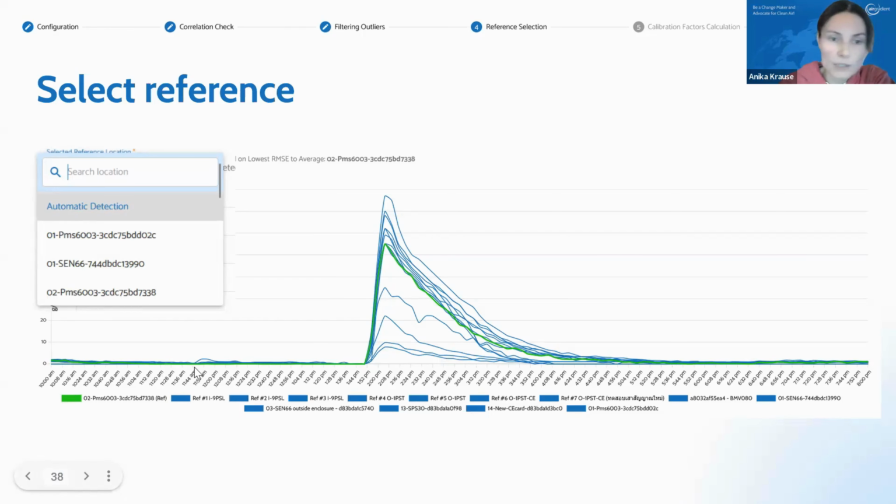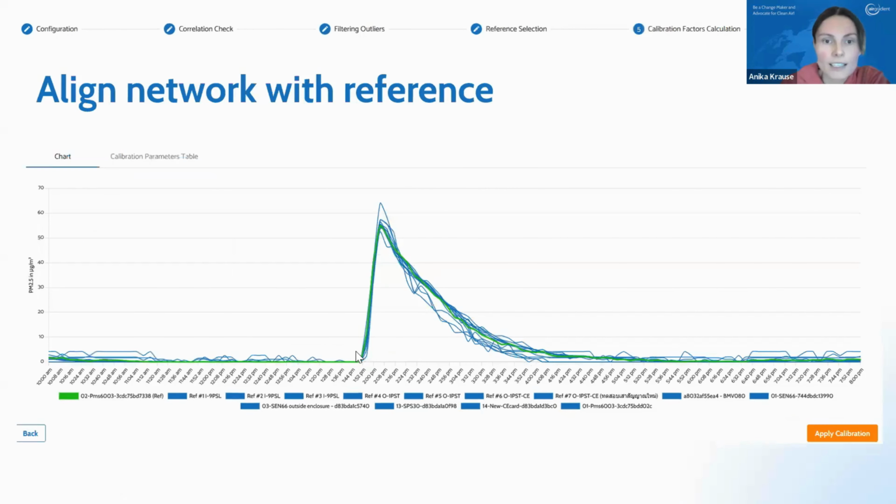So in this, that will also be plotted again, visualized, and the reference that you select will be shown in green. If you're happy with that, then you can go to the next step where it aligns all sensors to your reference monitor. And now you have nicely reproducible sensors that all measure the same when they're exposed to the same air.